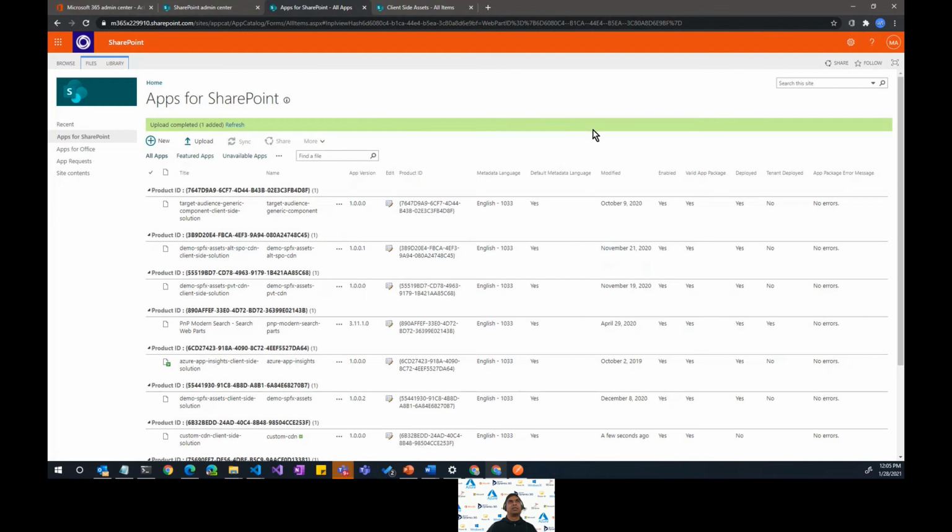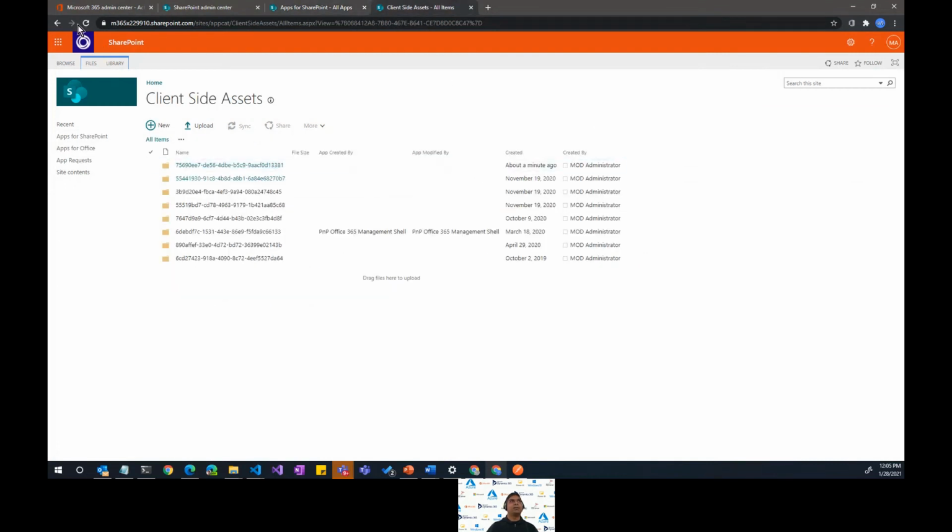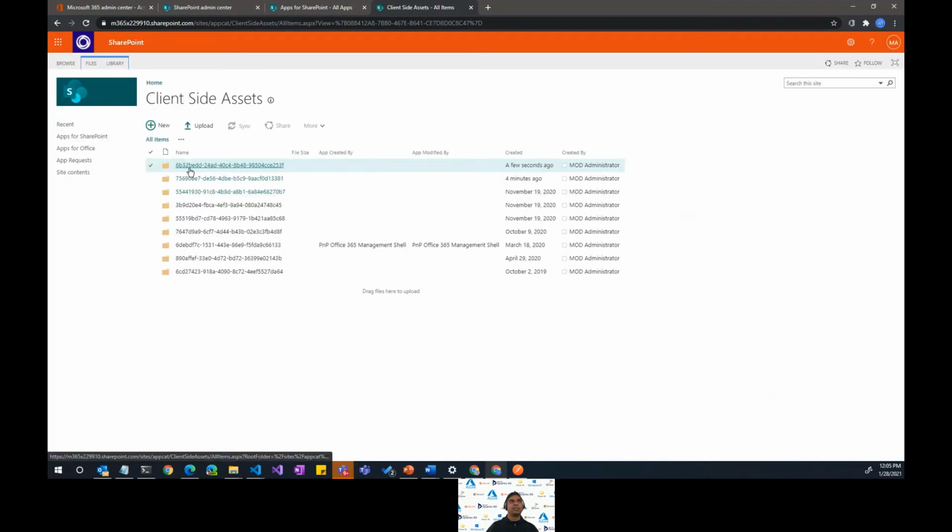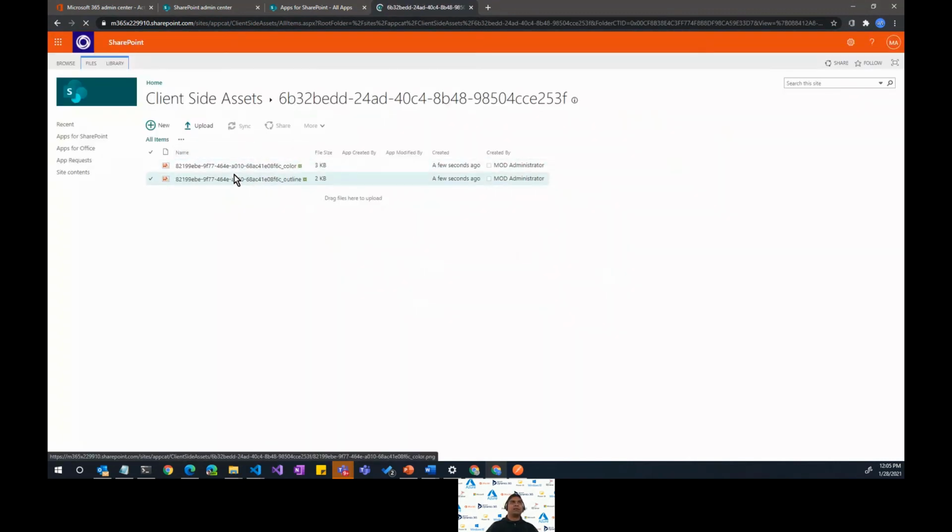Let's deploy this. Again, if we go here and refresh, we should see a new folder created here, 6B32. This folder doesn't have all the assets because we have a custom CDN path. What it has is only the image files that come out of the box with the project. But there are no JavaScript files here because we set a custom CDN path.